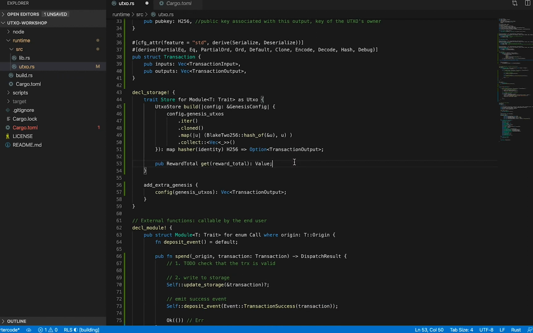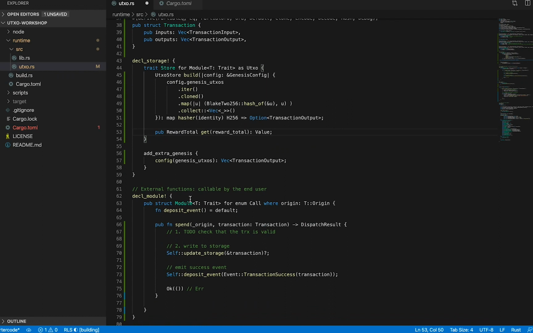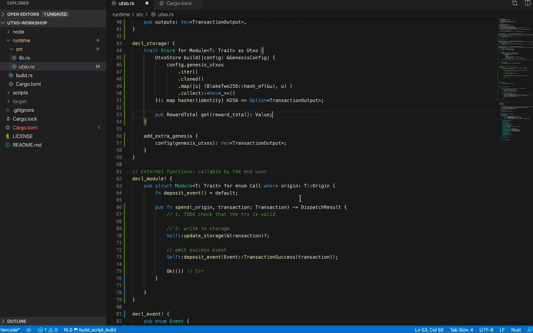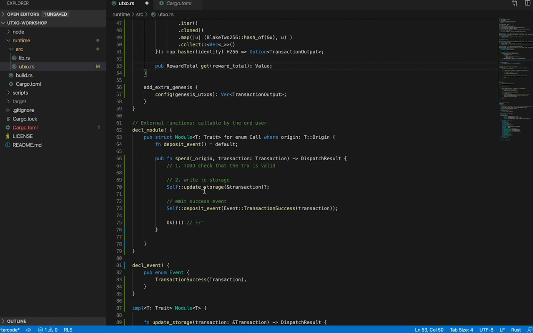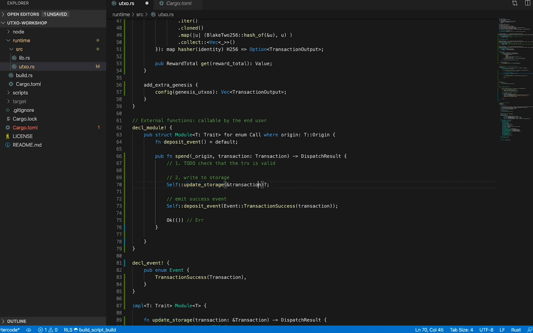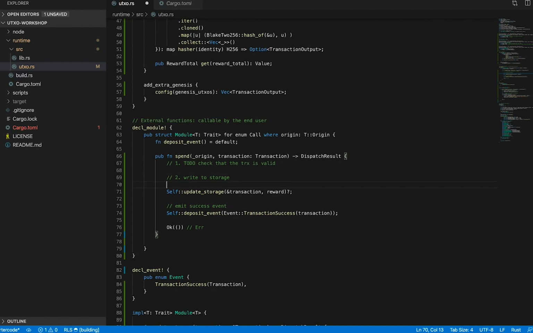With reward value declared, next we need to add the reward from each transaction as they come in to this total reward tracker or counter. Conveniently, we already have this update storage function, so let's do it inside here. We're going to want to pass in some sort of reward that's calculated from the inputs and outputs of this transaction. And again, we can calculate that later as we verify this transaction. So for now, let's just create a default value where we designate a reward variable that's equal to 0